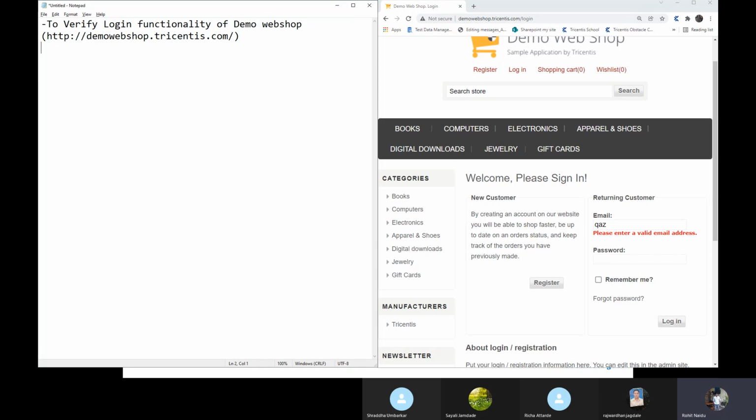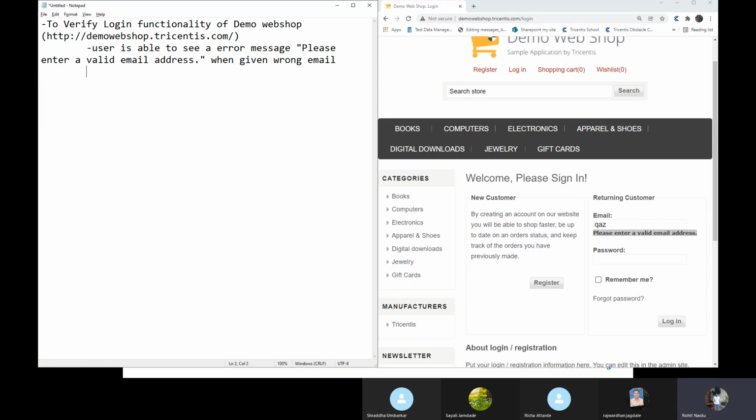we can again have a sub requirement in this login functionality, something like: user is able to see an error message when given a wrong email. What is that message? This is the message. Okay, so I will write it here. When given wrong email.